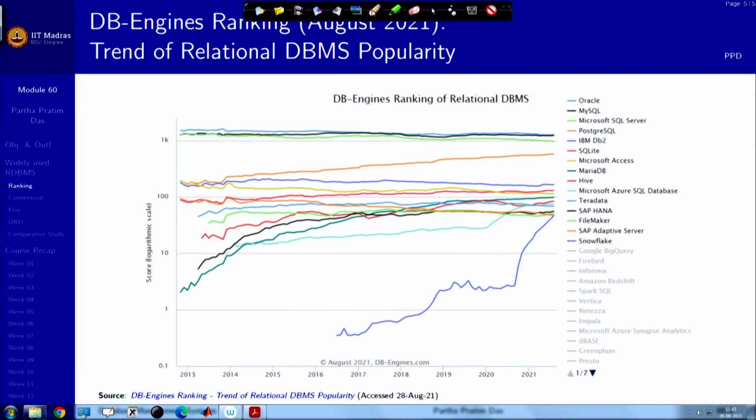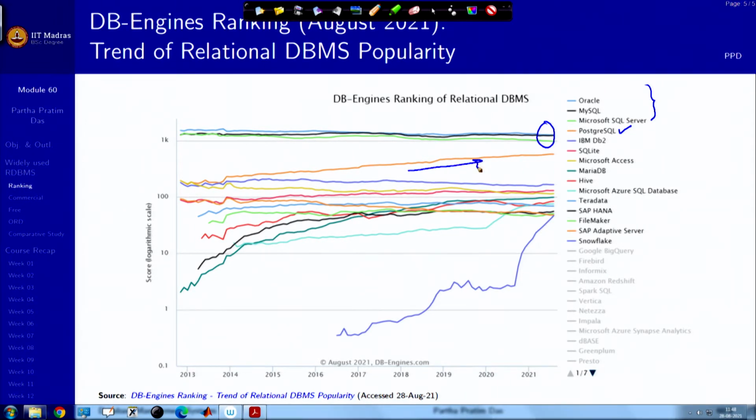So, in the log scale, if something is flat, then it shows that that's the level of exponential increase. You can see that on the top are three RDBMSs, which have held on to the top position over a decade. So, that is the trend, while